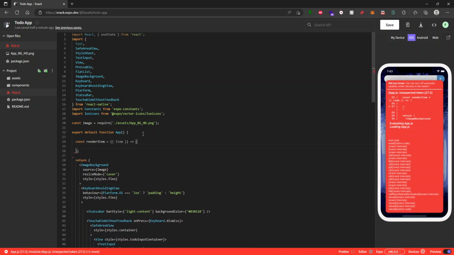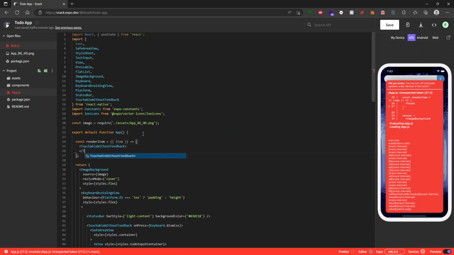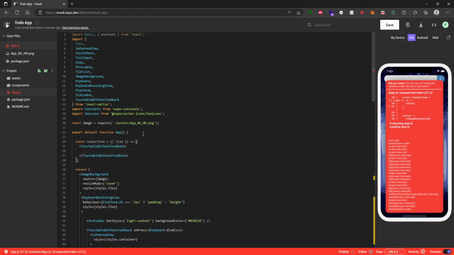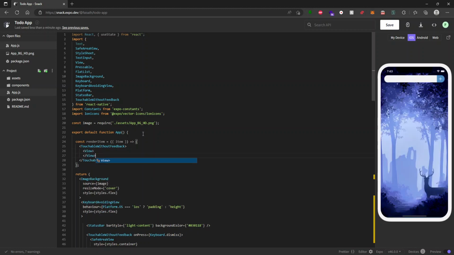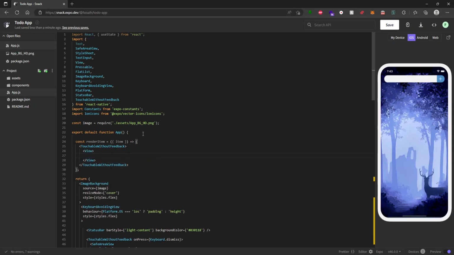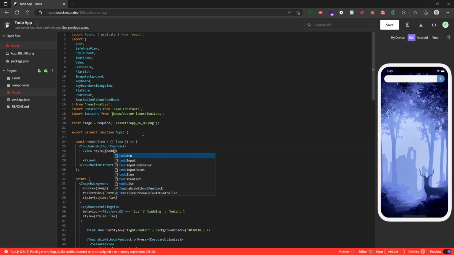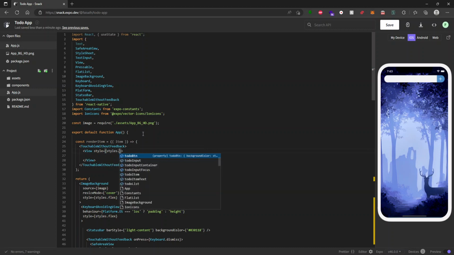Inside of here we're going to have our item, so do a touchable without feedback, and then do a view. This view will take our to-do item style, so style is equal to styles.todoItem,